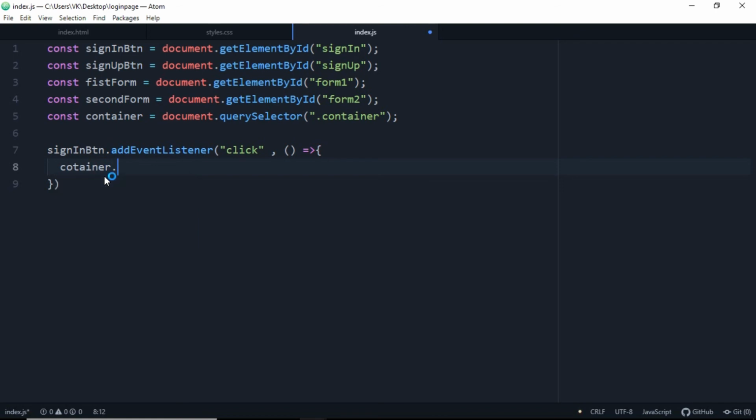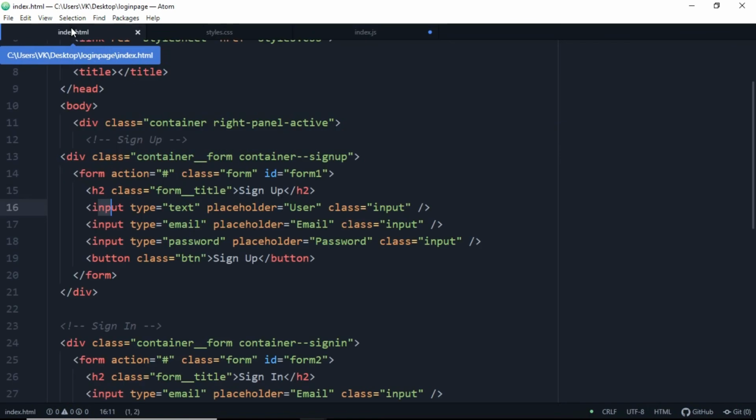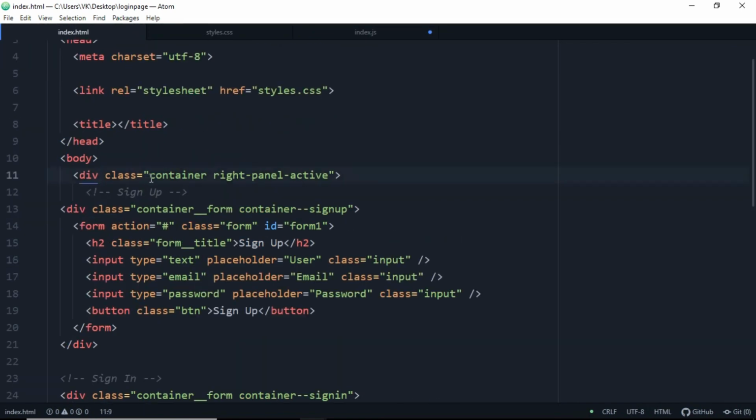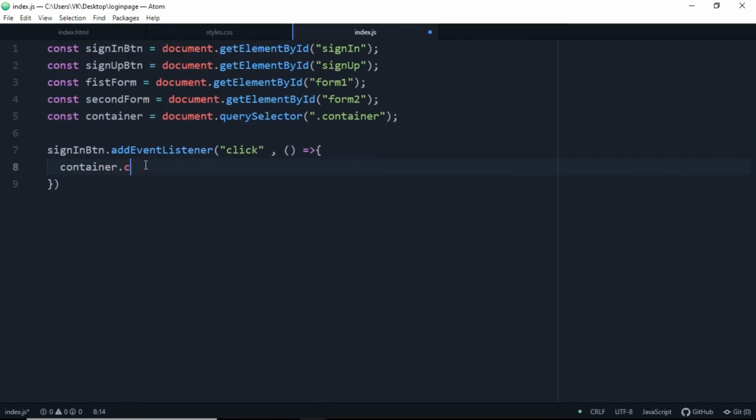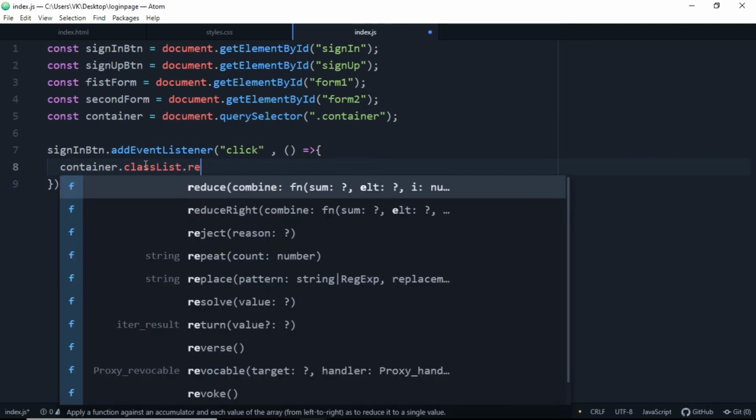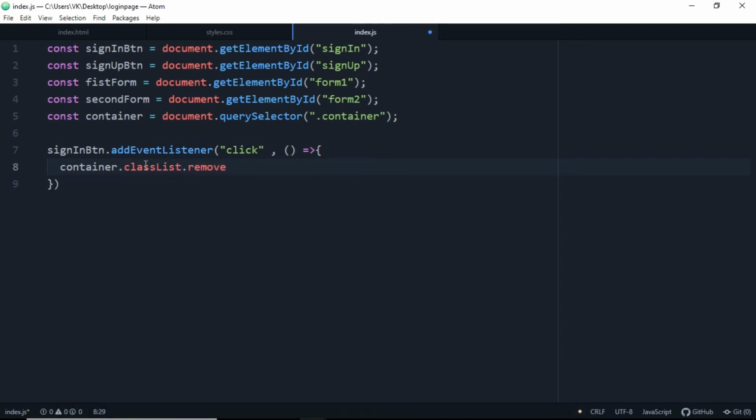You got this container here. Okay, make sure you don't do any typos here. Make this container which you have obtained from the constant here. Let me show you where the container is, which is the main div here, which is basically the whole container which we are targeting using the container.classList.remove. So when you click on the sign in button, we are going to remove the right panel active. So our CSS properties are going to change according to this button. So we will see an animation in our web page.